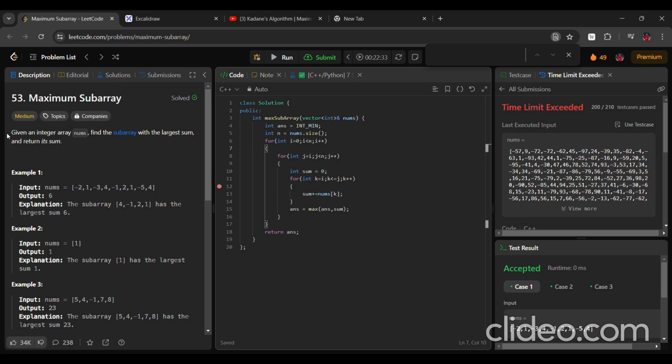So the question states that given an integer array nums, find the subarray with the largest sum and return its sum. Before proceeding forward, let us first understand what a subarray is. A subarray basically means a contiguous segment of an array from a given starting point to a particular ending point. So if we only take -2, it is a subarray because the starting and ending point are the same in